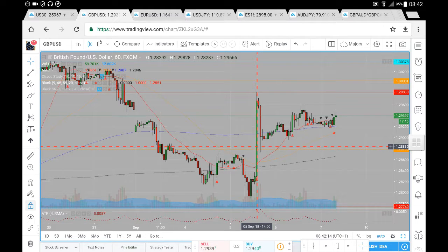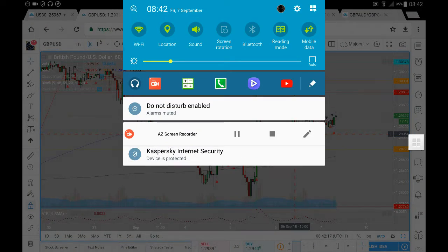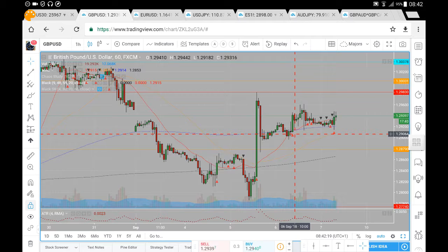So this is a pound dollar analysis for Friday the 7th of September. Now let's just have a look at the prices and where pricing may go. So previously we had price coming out of this 17.28, held support there, had a sharp acceleration for a perfect